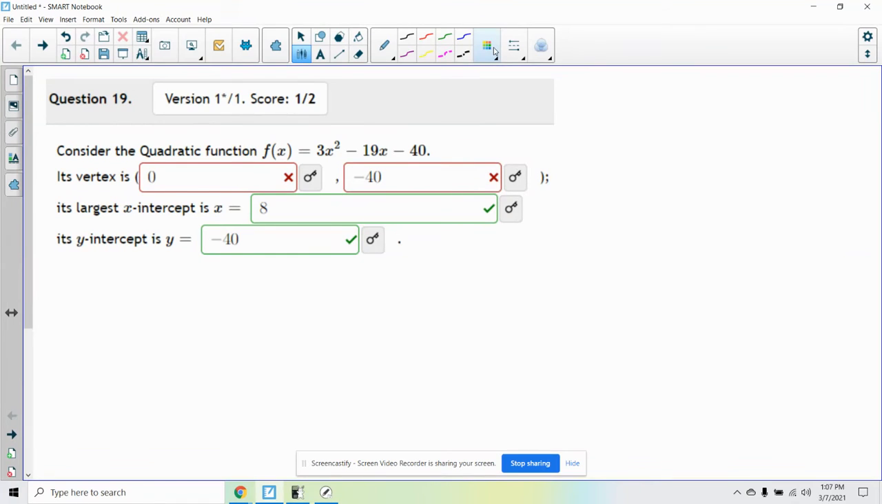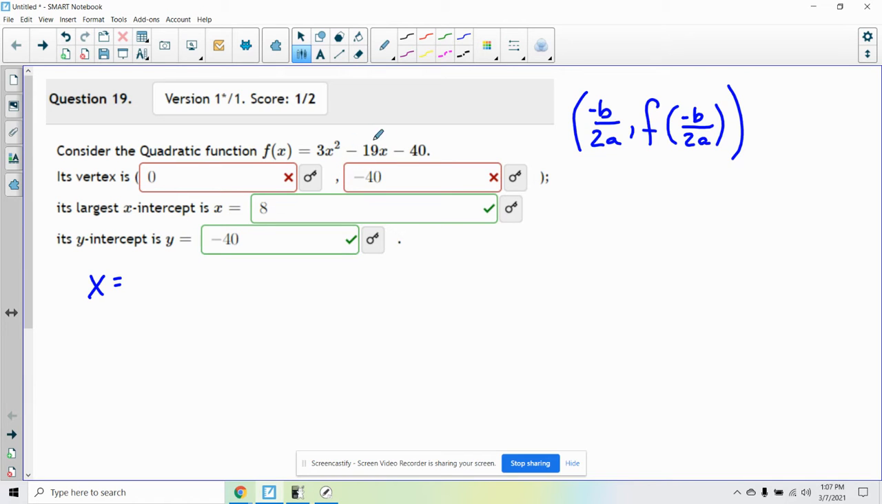All right, this is question 19. It says, consider the quadratic function here. The vertex, remember the vertex formula? We have negative b over 2a is our x coordinate. And then to get the y coordinate, we're gonna just plug that value back into the function to get the y coordinate. So if I want to find the x coordinate, I'm just going to start by saying x equals